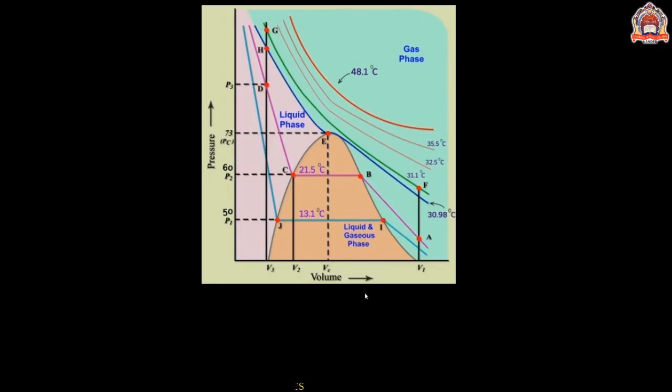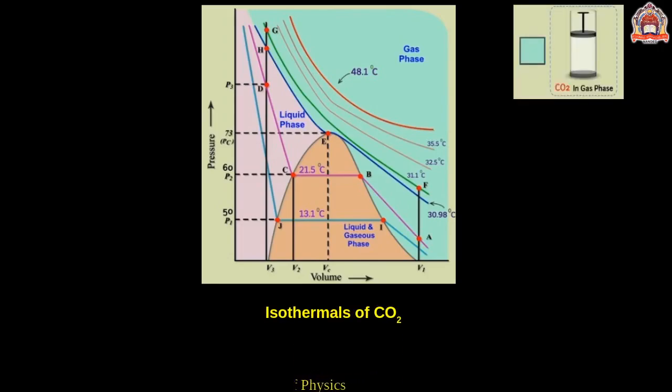Here in this area, the curve whose highest point is E is called the critical point, and the temperature of the 31 degrees centigrade isothermal is called the critical temperature. This pressure, volume and temperature correspond to the critical values. So from these isothermals,